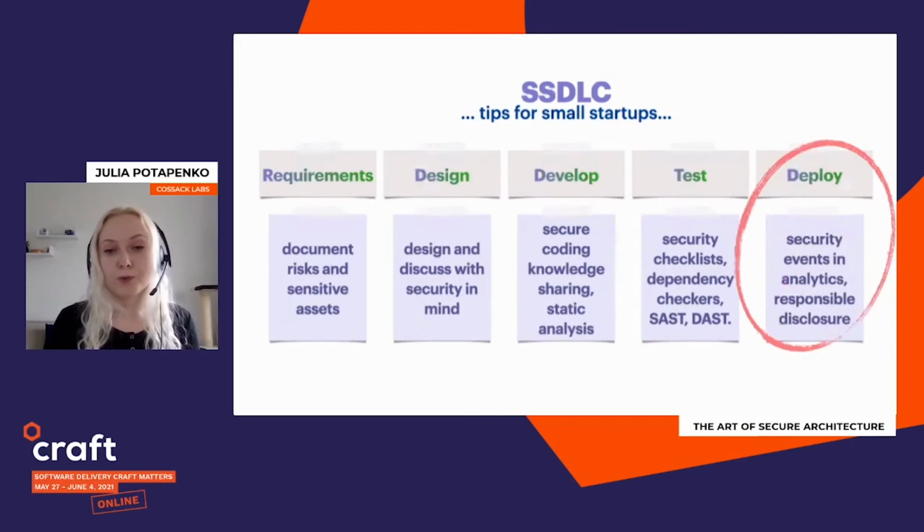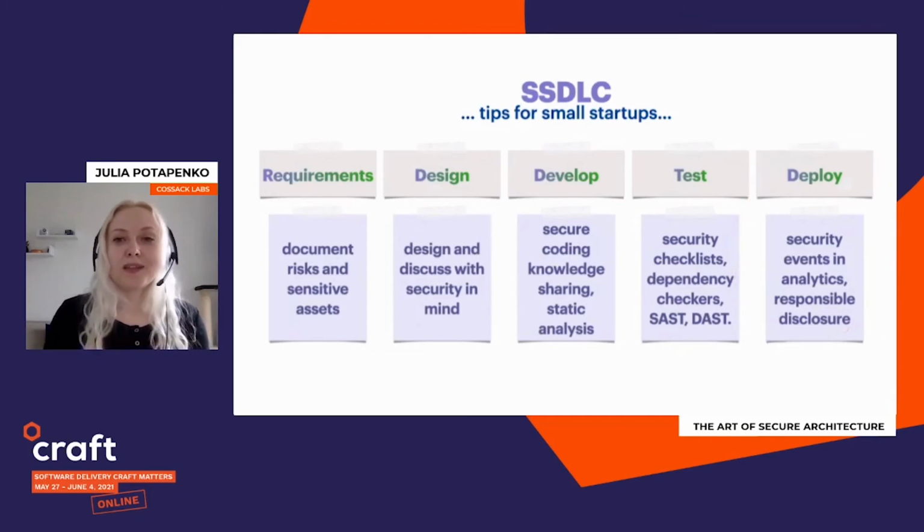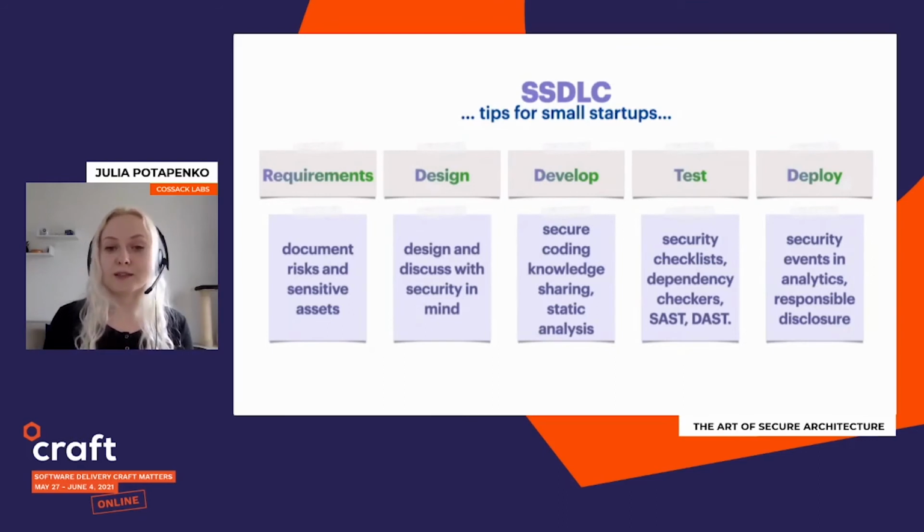And when we deploy, it would be nice to monitor security related events, for example, login attempts or something like that. And it would be nice to have something like a responsible disclosure, like a contact, an email where people can contact you if they find some problem. It's easy to make, and it can really save your reputation, because a person will write to your email and not tag you on Twitter, you know. Okay, so we have some tips for the case when we want to start incorporating a secure software development lifecycle into our process,